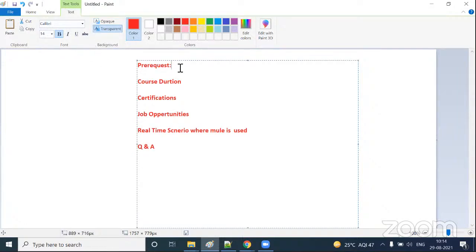Okay. So first, what is the prerequisite to learn Mule ESB? Here I'm going to tell you why Mule ESB and where I'm going to use it. But before that, what is the prerequisite to learn this course? If you want to learn Mule ESB, the prerequisite is basic knowledge on